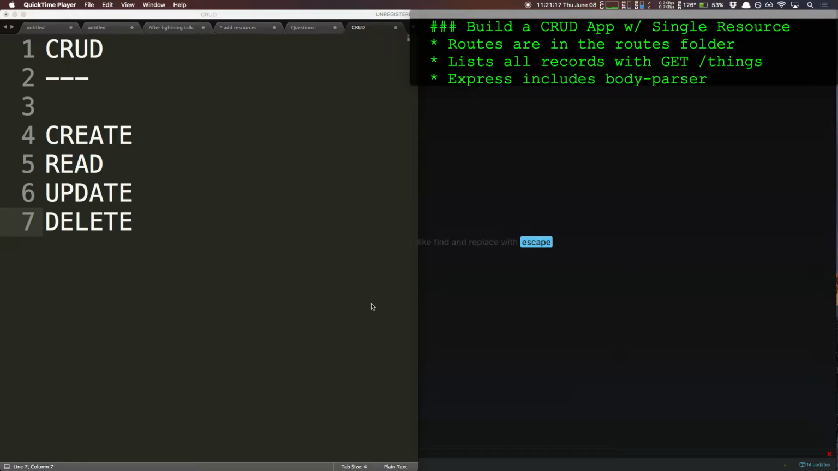So these are all the operations that we're performing on the database, and we're going to have Express routes that match to each one of these words. So create a new ice cream, read all of the ice creams, read one ice cream, update an existing ice cream, delete an ice cream. And CRUD